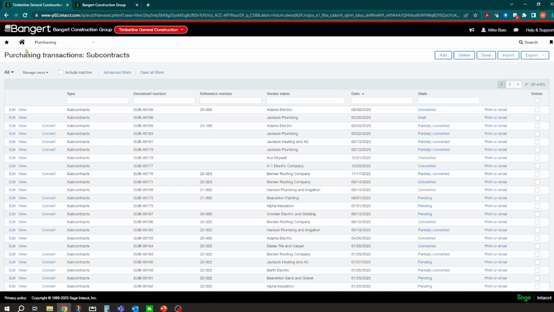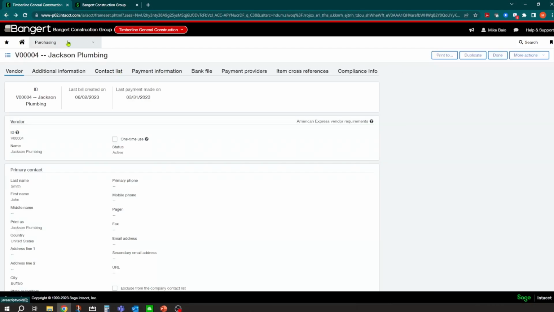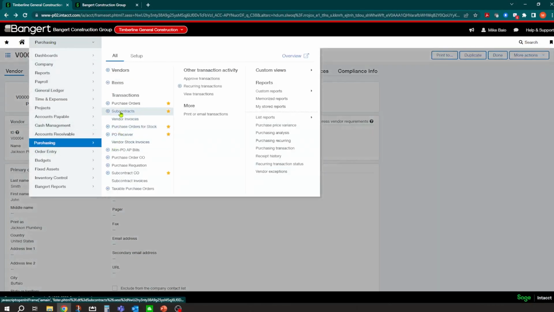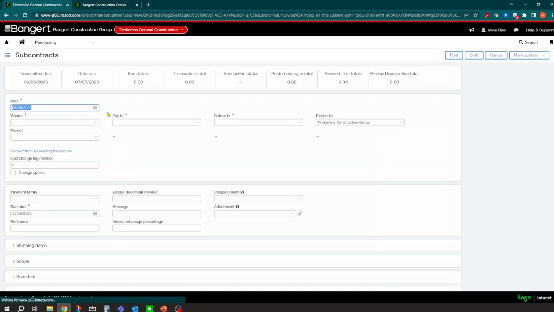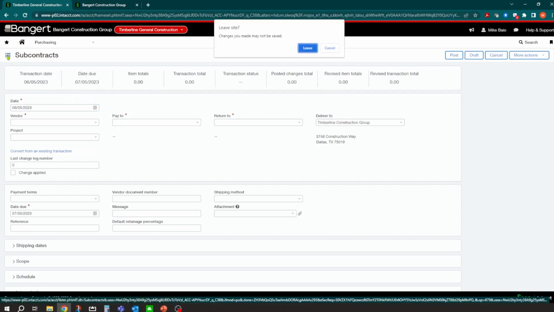And from this screen now, let me take a step back here. What you can do in the system is you'll notice here, I could click on subcontract, which is going to show me an overall list of my subcontracts. I can also click the plus button, which is going to go right in and create a new subcontract. So it takes me right into the screen. Okay. So a couple things you can do is if you do want to get back to your subcontract list, you can hit this little go to list button here.